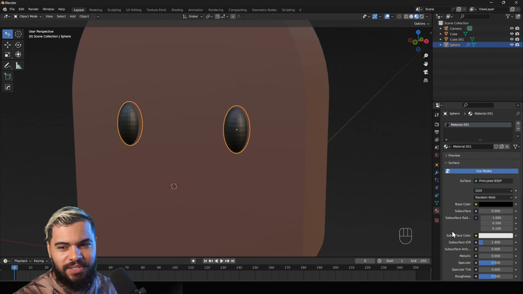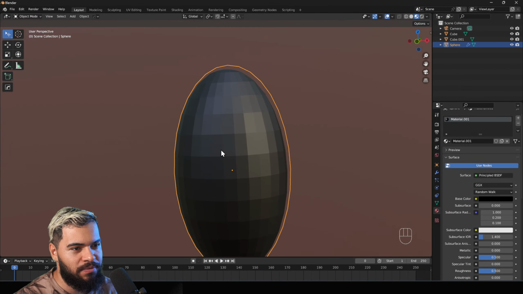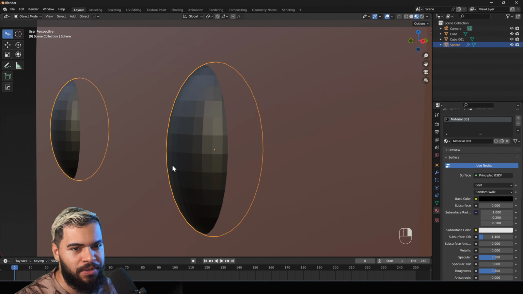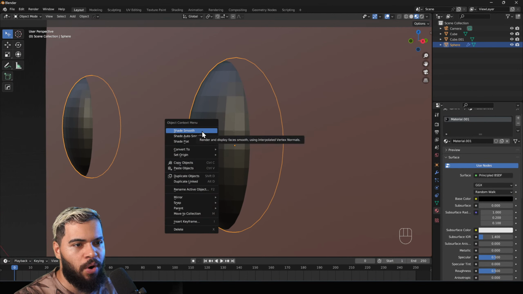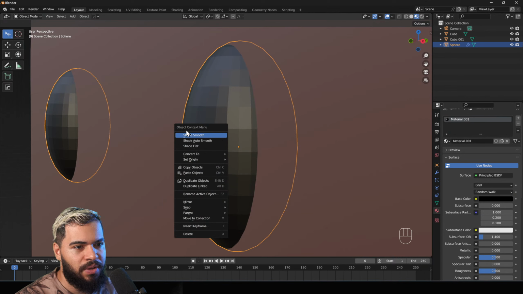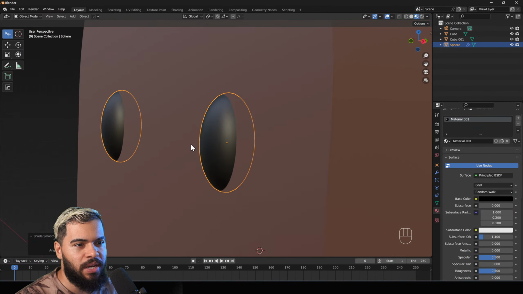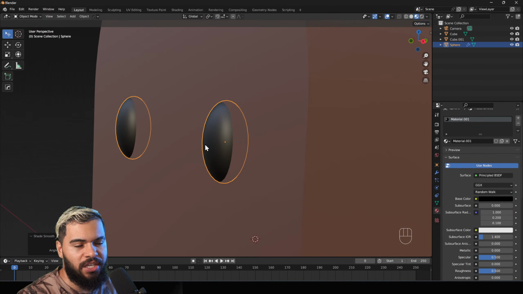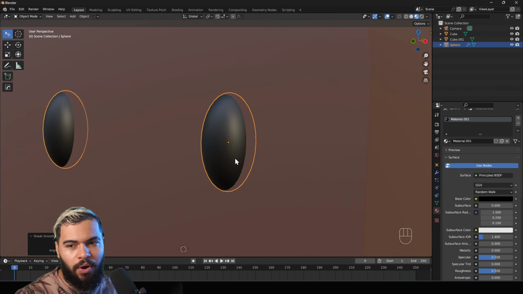Here I will apply this option, because this is a very low poly sphere, which means I want to make it in more soft shading. I'll press right click one time, you're going to see this menu, and then go to Shade Smooth. Now you get this result that smooths the shading, because before it was flat, the kind of low poly look.